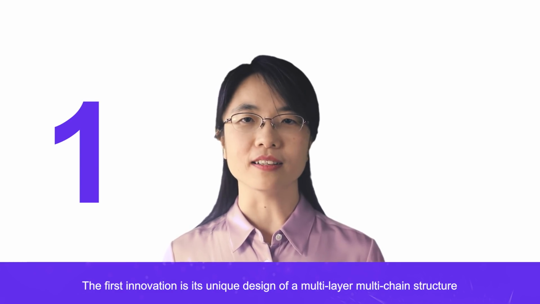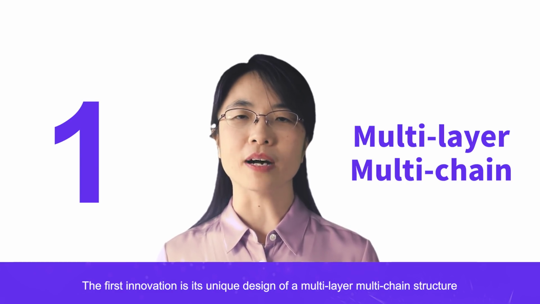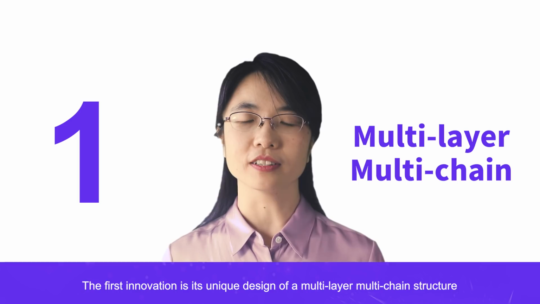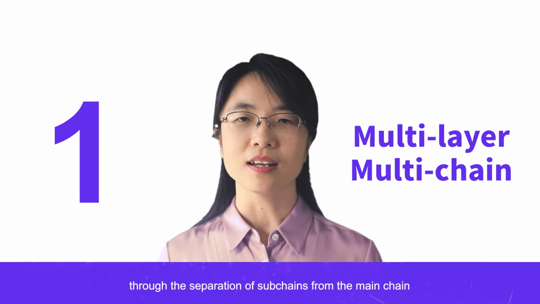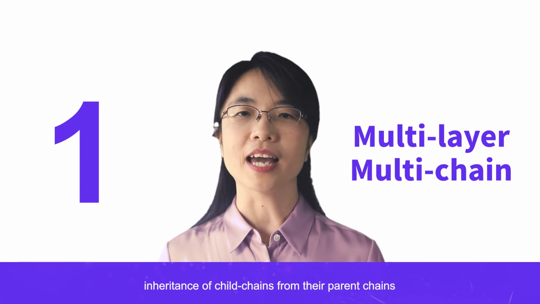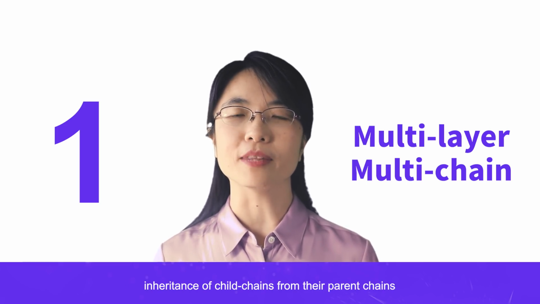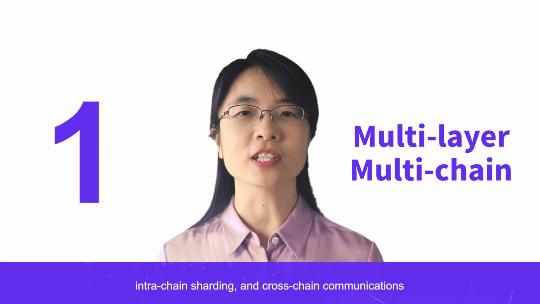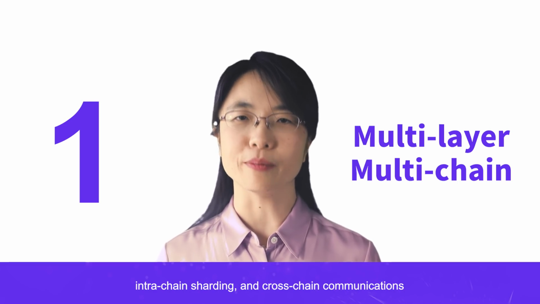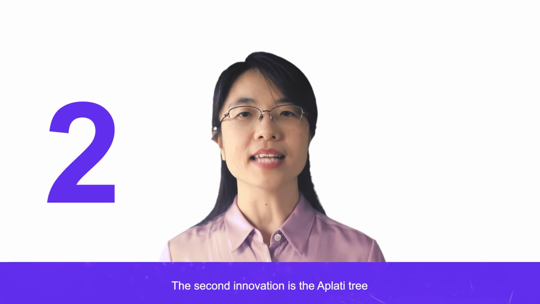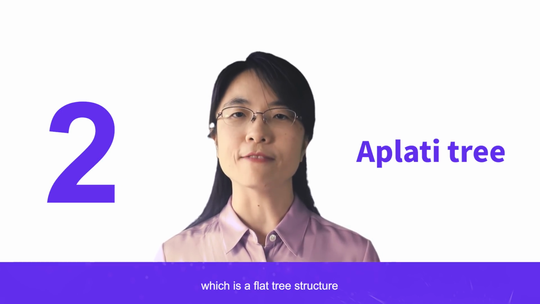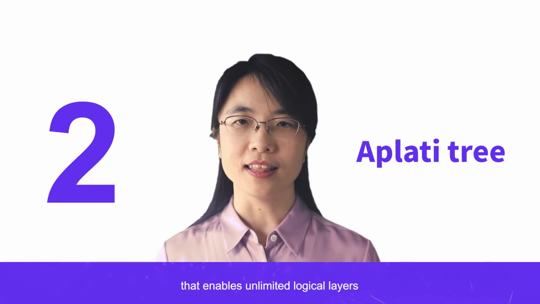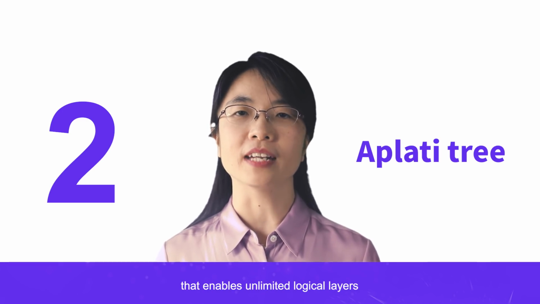The first innovation is the unique design of a multi-layer, multi-chain structure, which can theoretically achieve unlimited scalability through the separation of the subchains from the main chain, the inheritance of child chains from their parent chains, intra-chain sharding, and cross-chain communications. The second innovation is the Apla Tree, which is a flat tree structure that enables unlimited logical layers